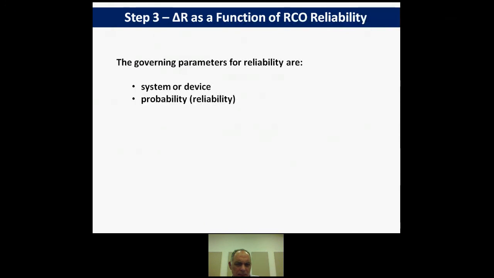As I said, we can look at either a system or a device, and when we talk in terms of reliability, we have to estimate the probability of its operation, its ability to perform for a given period of time under stated conditions, what sort of operation it gives us. It might give us a full performance, or it might give us a half performance. It depends